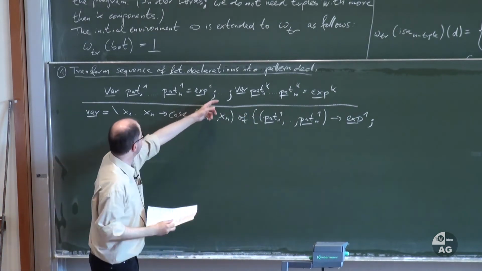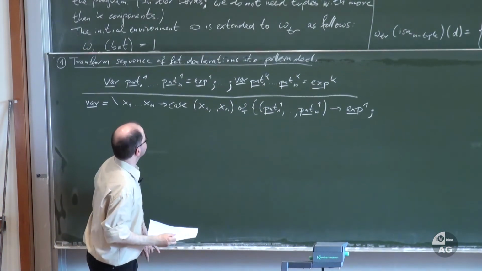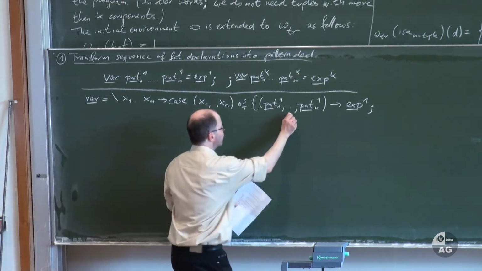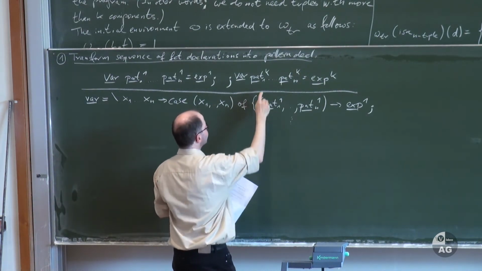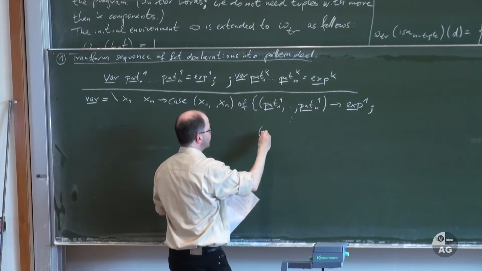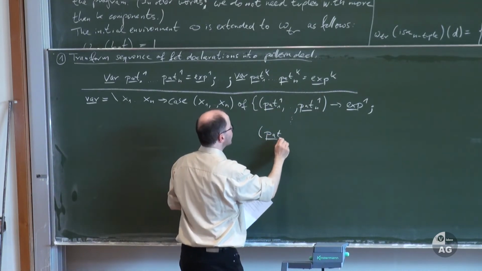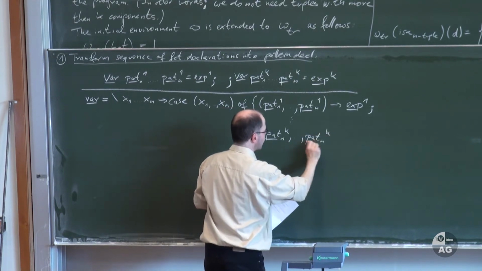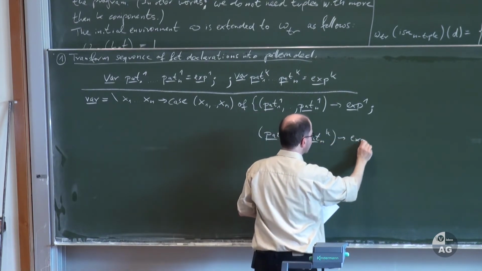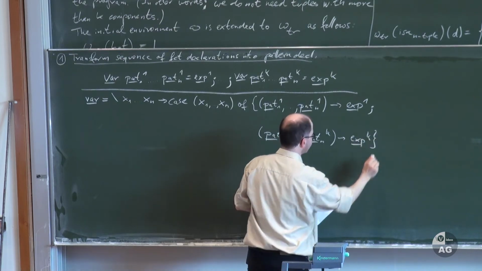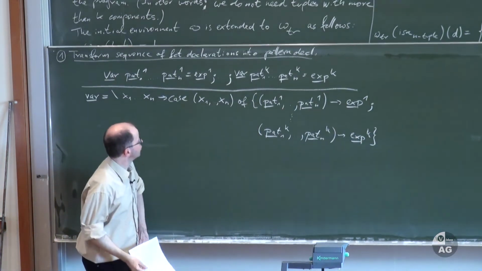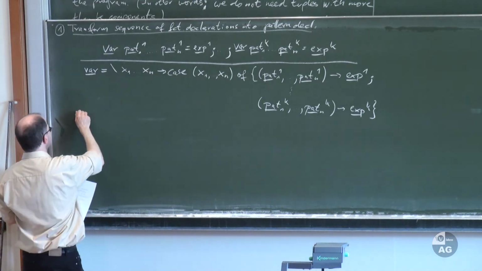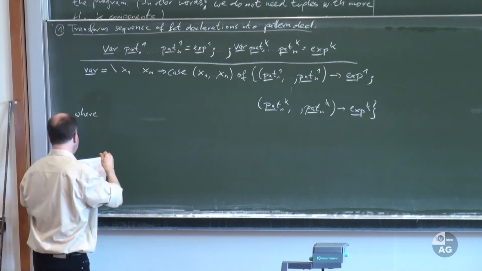Otherwise, we check whether pattern 1,2 to pattern n,2 matches these arguments, and then the result would be x2. And then finally, we check whether the actual arguments are matched by these patterns, so by pattern 1,k to pattern n,k. If they match, then the result is xk. And this is equivalent to the sequence of function declarations above, where x1 to xn are fresh variables,